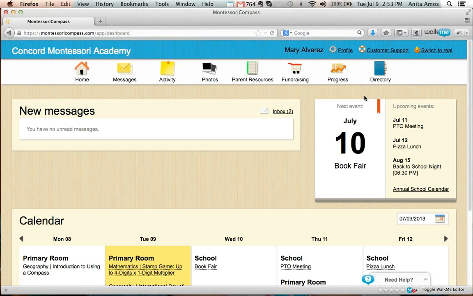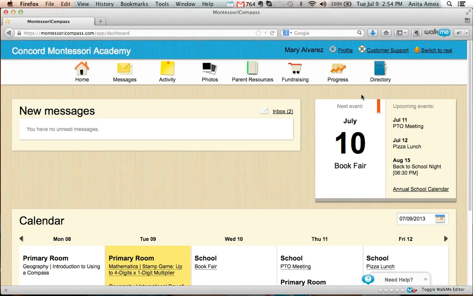One thing that people are asking is if parents are allowed to talk to each other, will the administrator be able to read those messages? My assumption is no, but tell me, can they? Yeah, that would be a definite no. So it has to be something that you're comfortable with. Your parents are going to communicate with each other anyway. They're going to, like Tim mentioned, the parking lot mafia. If somebody is going to be a disruptive force in your school, they're going to be a disruptive force in your school no matter what you do.